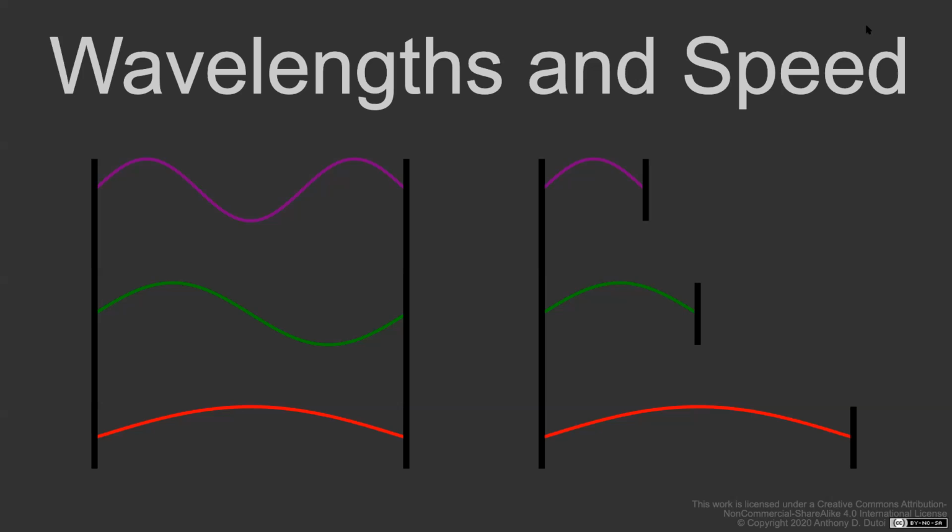So let me just remind you of something that I think everybody knows, which is that shorter strings vibrate at higher frequencies than long strings. So you have a long string, it vibrates at one frequency, a shorter one vibrates at a higher frequency, an even shorter one vibrates at an even higher frequency. So it stands to reason, that being the case,